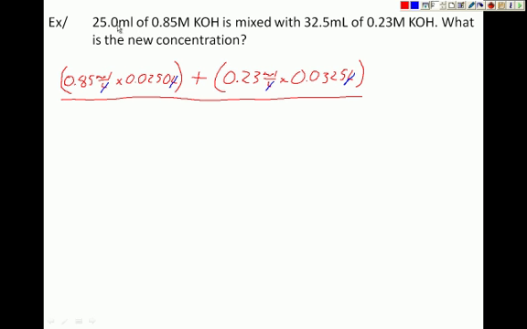The amount of liters that I'm going to have is 25.0 milliliters plus 32.5, which is 57.5 milliliters, or making that into liters, it's going to be 0.0575 liters. Okay? And after all this is done, you're going to end up with 2 sig figs, and it's going to be 0.50